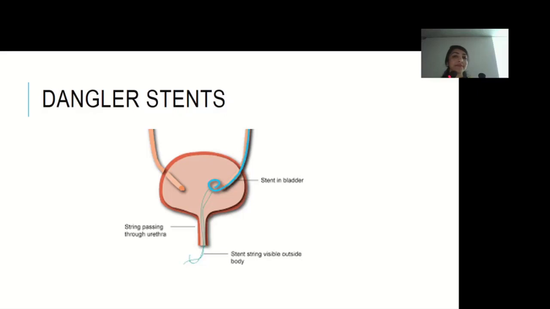She said DJ cannot be placed. I said place a PCN. She said PCN is already placed, but how long will that patient go on PCN? So she showed me a picture of a stent which was placed subcutaneously from the kidney to the bladder. I was astonished to see that stent, and I said that this is experimental. She said no, this is written in the literature, and these stents are being placed in the UK for malignant patients who have controlled disease, but you cannot offer them much about those ureters. So they cannot go along their whole life, 10 years.